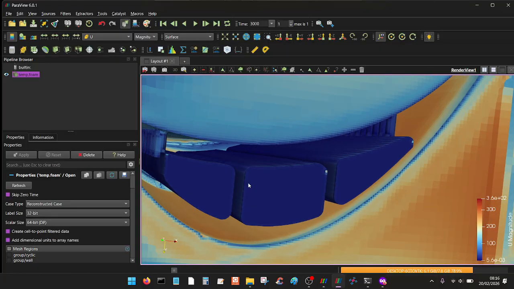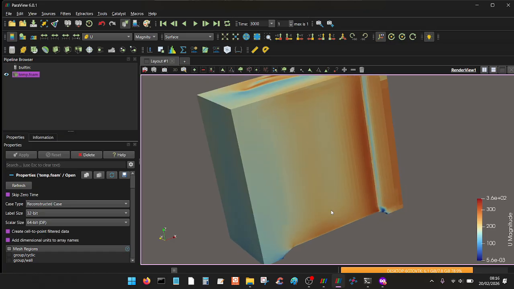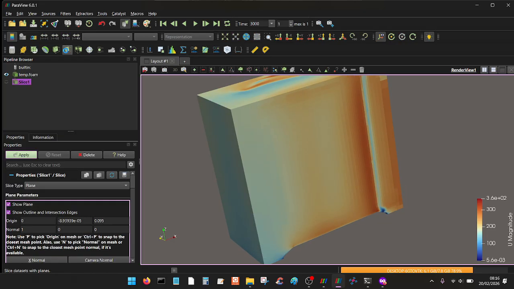So that's the mass flow rate that's been specified there. I suppose you could also try having a fixed velocity. That might be worth a try actually. That's an alternative strategy, to have a fixed velocity there if you know what velocity you want for that. So we could take a cut through this,